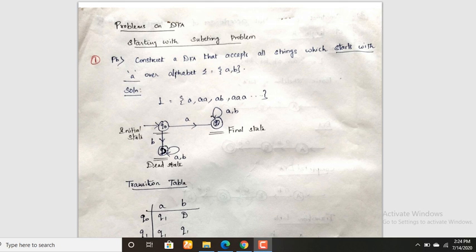In this lecture, let us see various problems in DFA. Okay, various problems in deterministic finite automata, the first type of finite automata. Usually the problems in DFA are classified into 4 to 5 categories: starting with string, ending with string, the length of string, then substring, and multiple by 2 or 3, or divisible by 2 or 3. So these are the categories of problems possible in DFA.